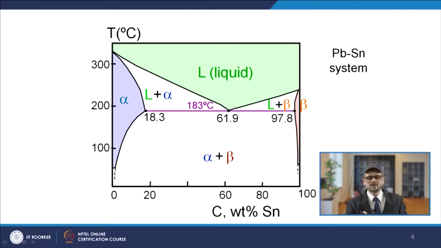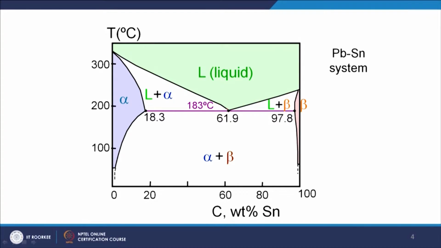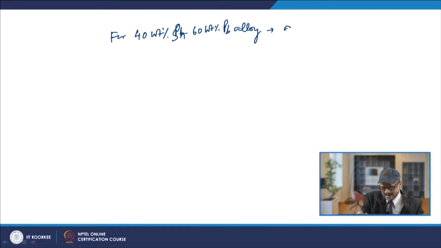Now what we see is that in this case, if you have this composition, it will have the solidification at this point itself, just like a pure metal, and that will give you this alpha plus beta phase for this particular composition. Now suppose you are asked to find for 40 weight percent Sn and 60 weight percent Pb alloy, and that is at 150 degree